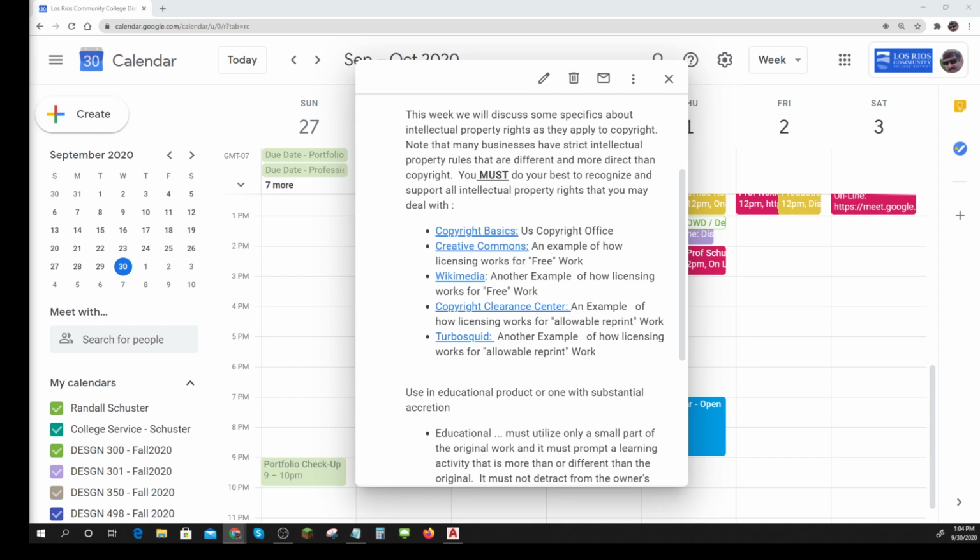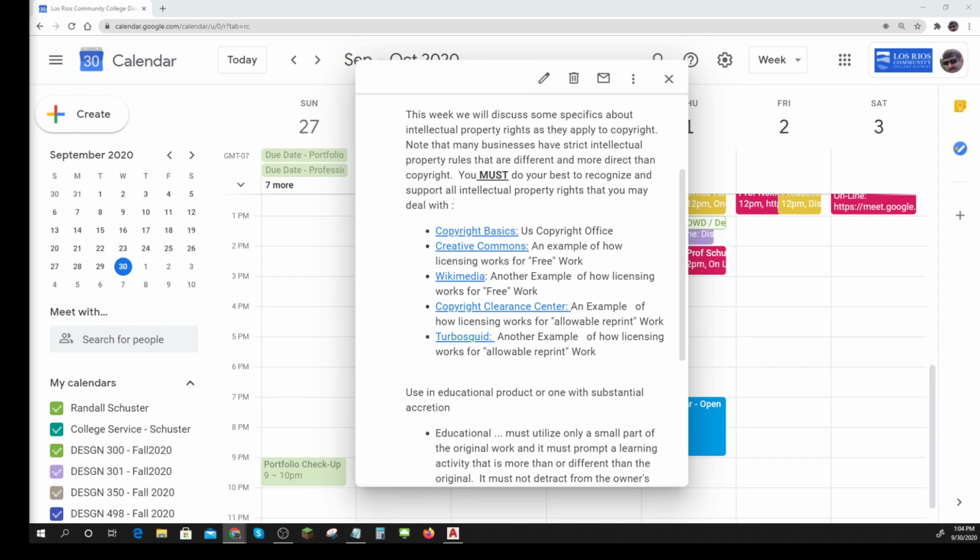So most employers have a very strict intellectual property agreement that you must sign, and you can understand why. You can't give out trade secrets. They're paying you, you're working for them. You just can't go give that information to anybody else. So that's an important part. You have to know and respect the intellectual property rights of your employer and anybody else you might be dealing with. And we do that a lot here in the Design Hub.